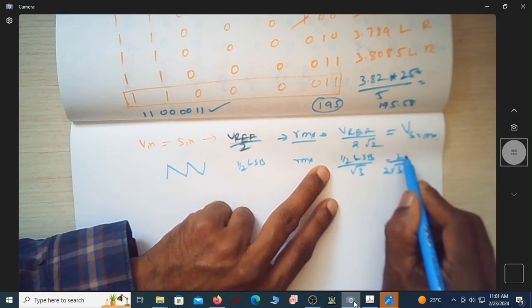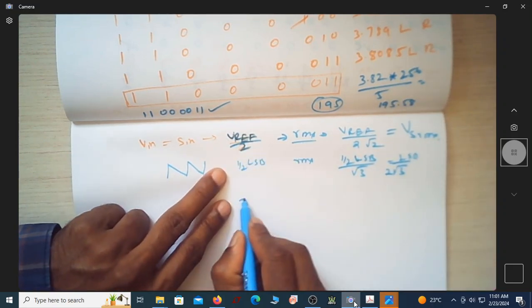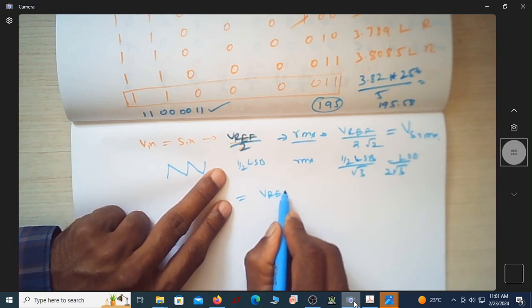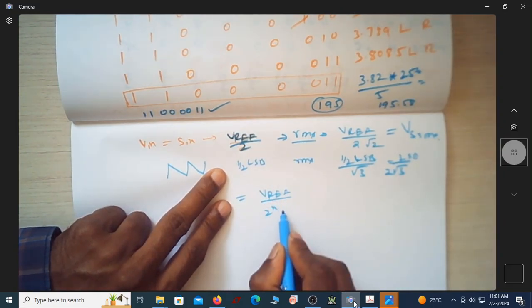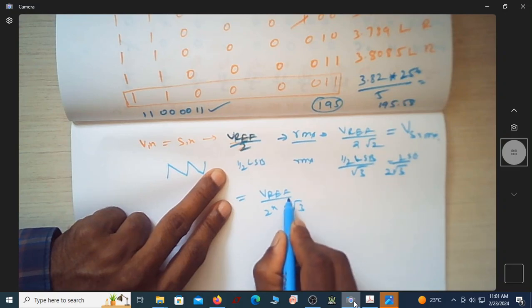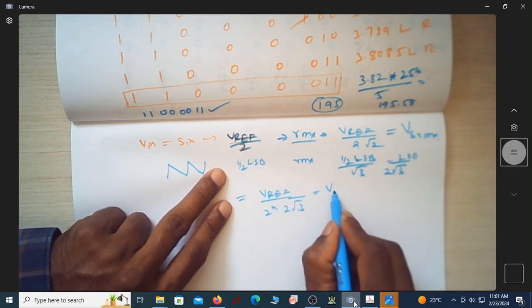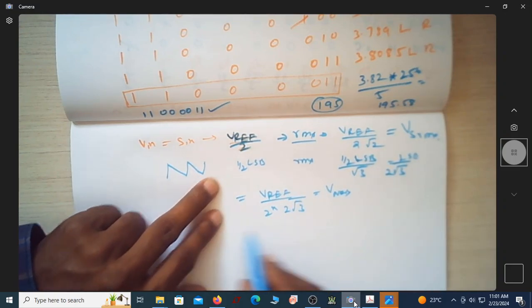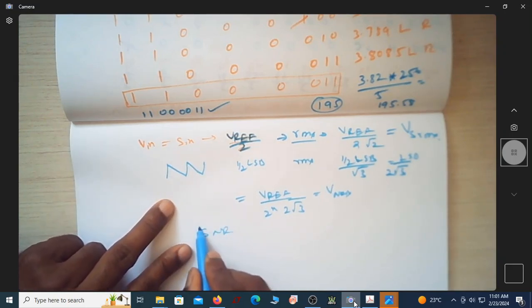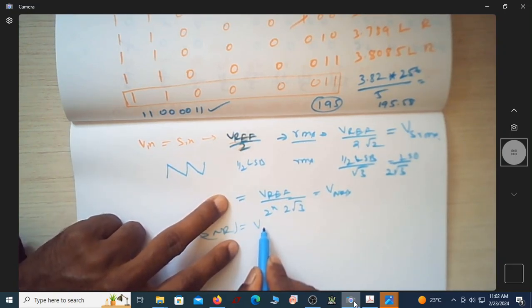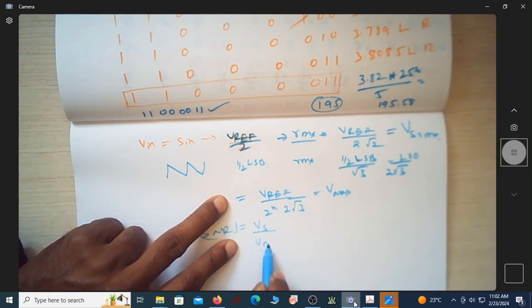We know that LSB is V reference by 2 power n, so into 2 root 3 is my voltage of the noise. Now if you find SNR, which is nothing but voltage of the signal by voltage of the noise,